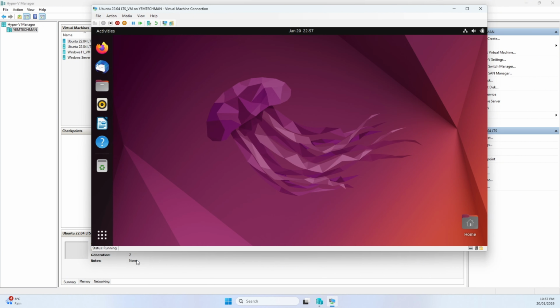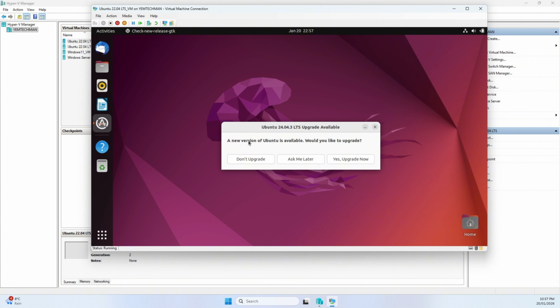Now you can see that your Ubuntu is now running. Okay, your Linux environment is now running. So this is the graphical user interface of your Linux, where you can now start running